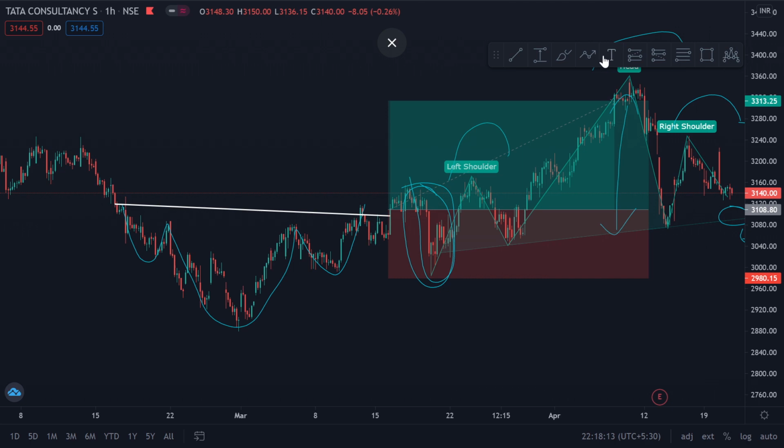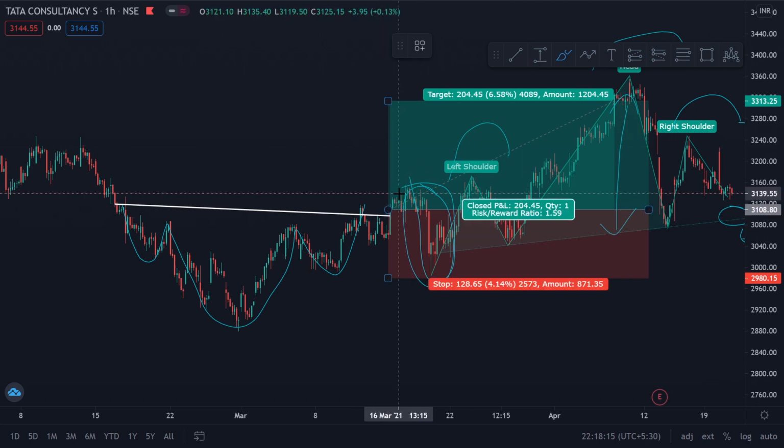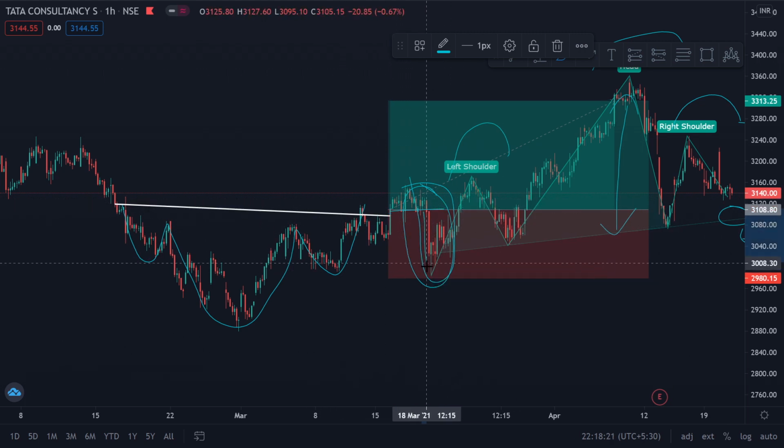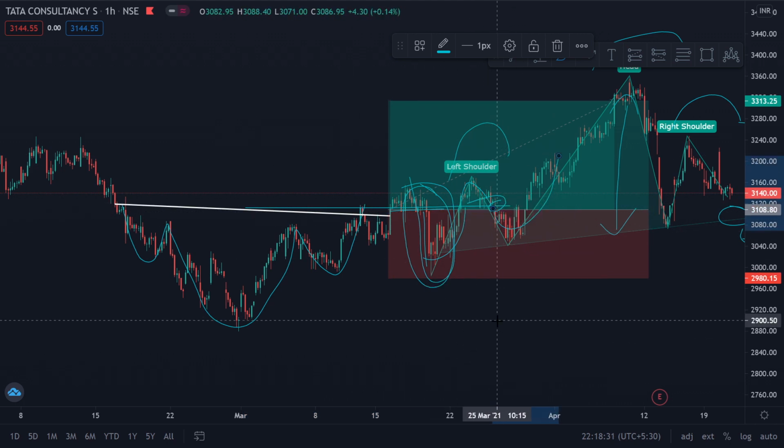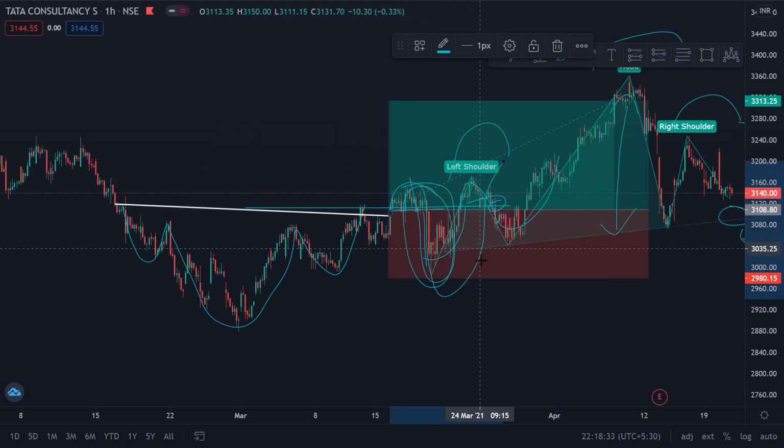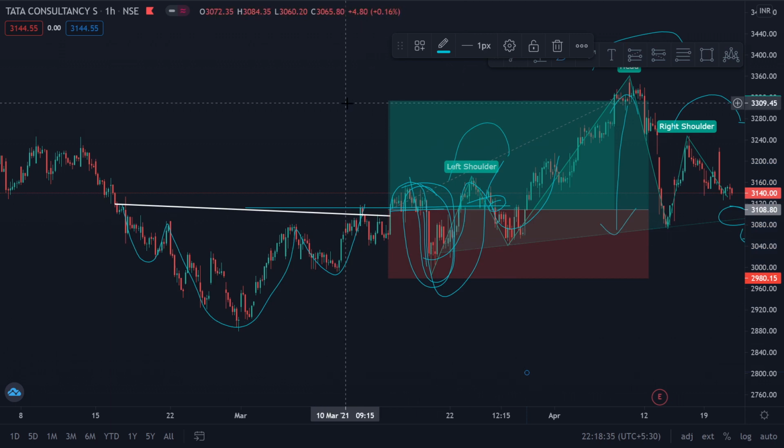And a conservative trader would have obviously waited here even after the breakout for a retest. The retest occurred, but then he never saw signs of reversal. He just saw it fall right through. So he would only enter the next time it goes up, takes a retest on this neckline, and then he'll enter here. So this is a relatively better entry than all this, right? So this is the example for TCS.